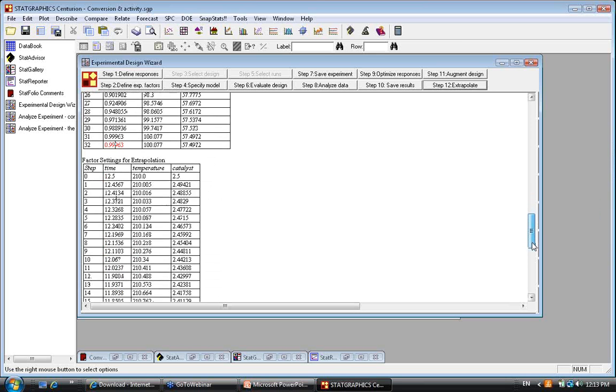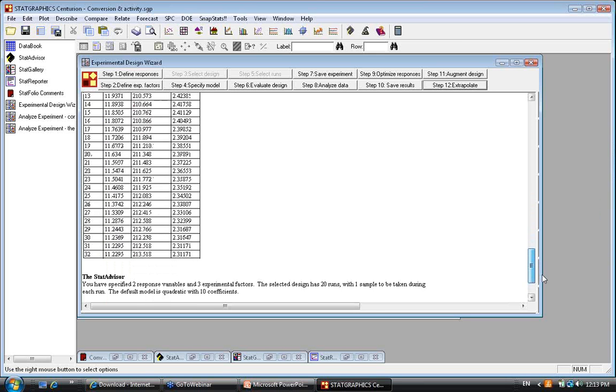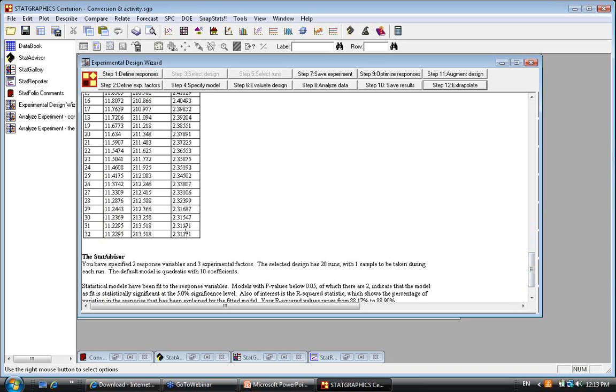That is, incidentally, what is that? That's step 32. These are all points along the path of steepest ascent. Okay, that's at a time of 11.23 minutes, 213.5 degrees, and 2.3%